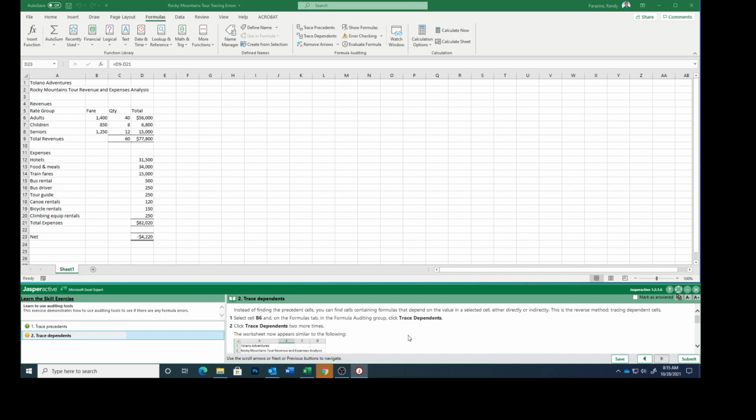Instead of finding the precedent cells, you can find cells containing formulas that depend on the value of the selected cell, either directly or indirectly. This is a reverse method, tracing dependent cells. So select cell B6. And on the Formulas tab in the Formula Auditing group, click